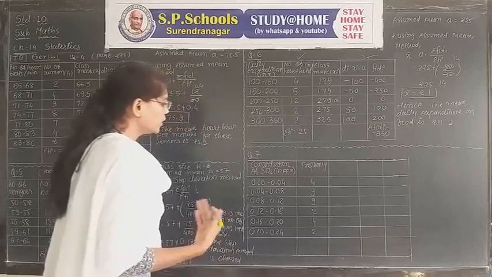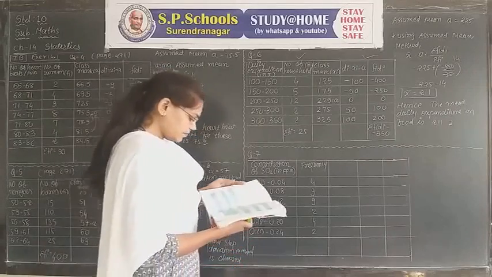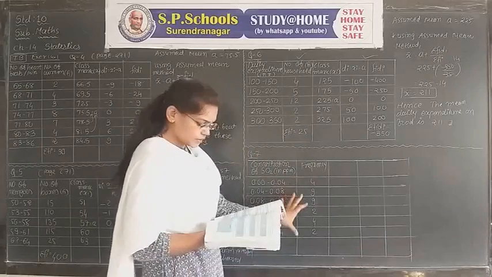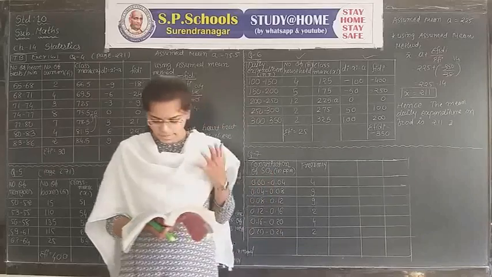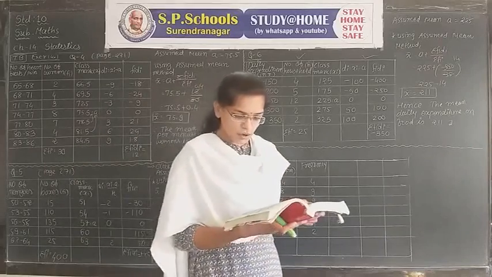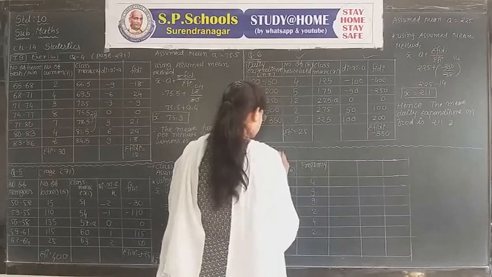Now we go for the last question, number 7. Here question number 7 is the last, but in our textbook there are 9 total questions. See the 7th number on page number 271.